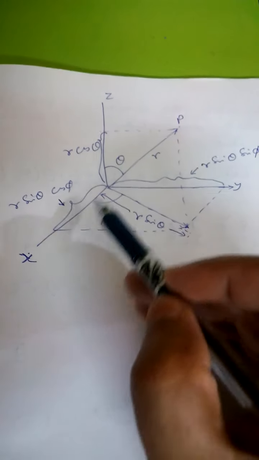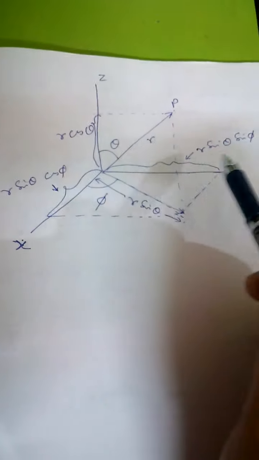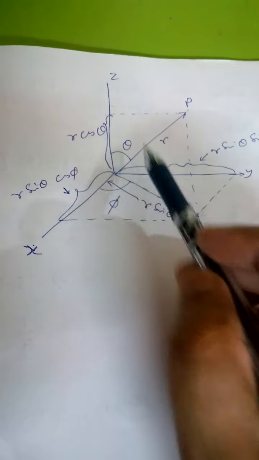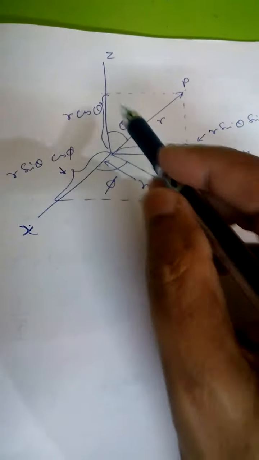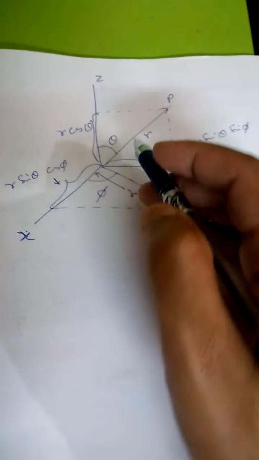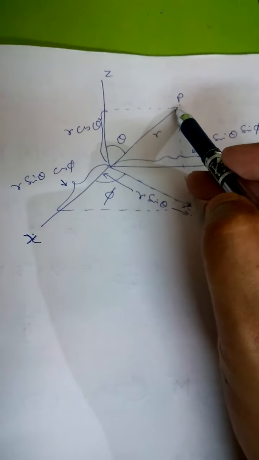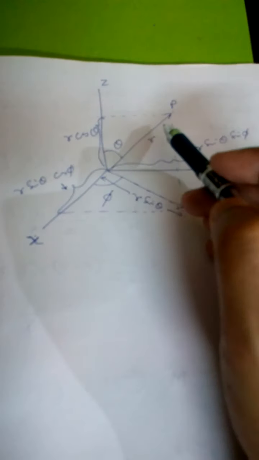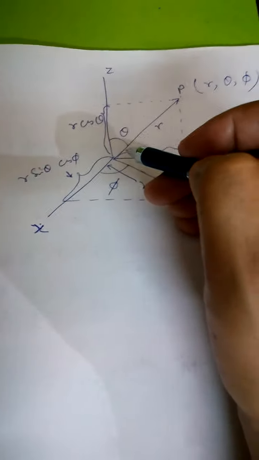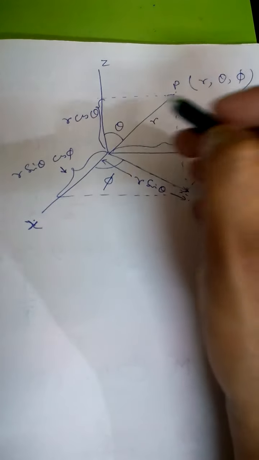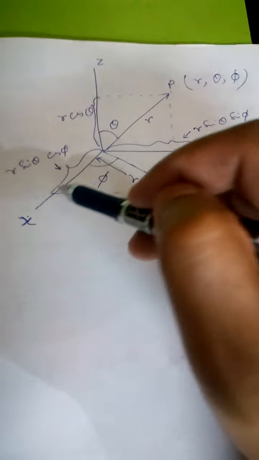So this is our Cartesian coordinate system x, y, z, the three-dimensional Cartesian coordinate system. The axes are mutually perpendicular; the angle between x and y, y and z, and z and x is 90 degrees. You know this information. Now here we consider a point P. In the spherical polar coordinate system, the coordinates are r, theta, phi. The important thing is what r, theta and phi are, expressed with respect to the xyz coordinate system.